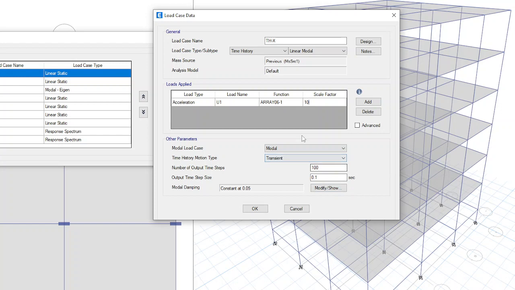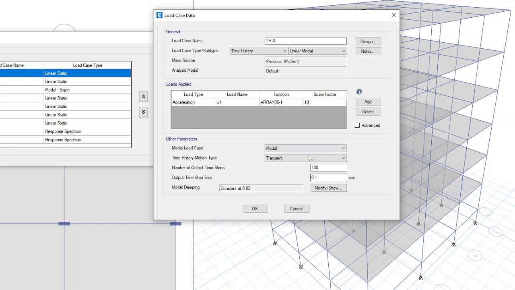Coming to the output time step, we have the number of output time steps as 100 and the output time step size as 0.1. 100 into 0.1 gives only 10 seconds of output data, but our time history data is around 39 seconds.